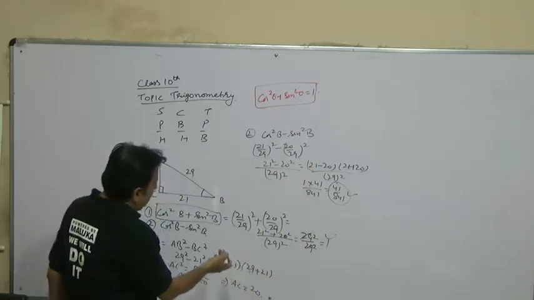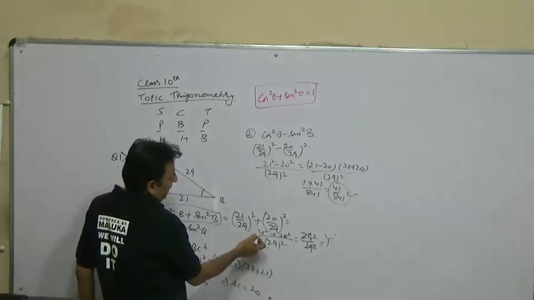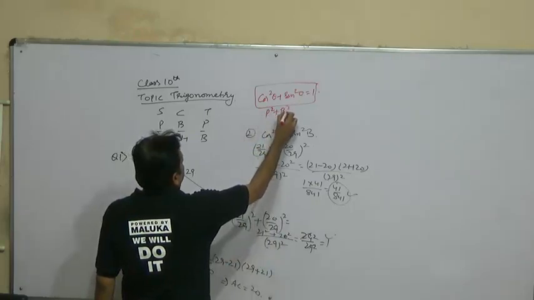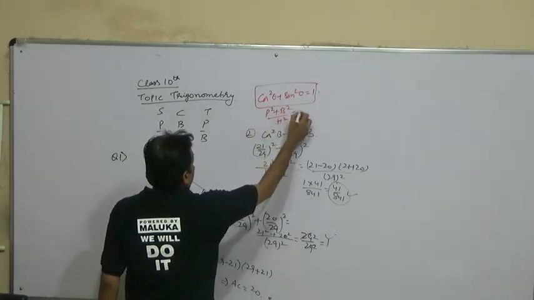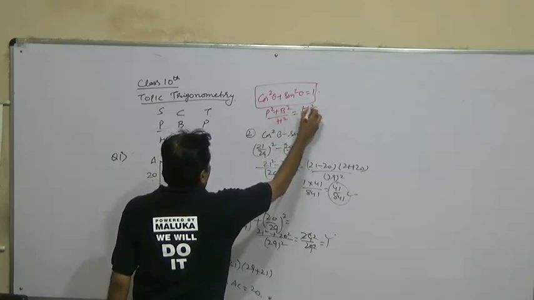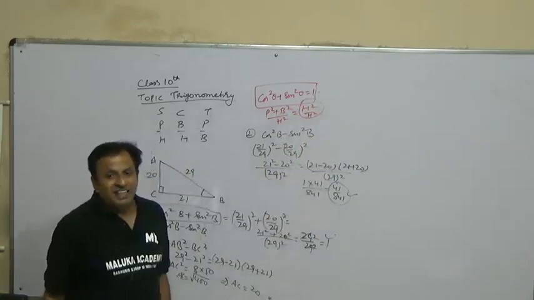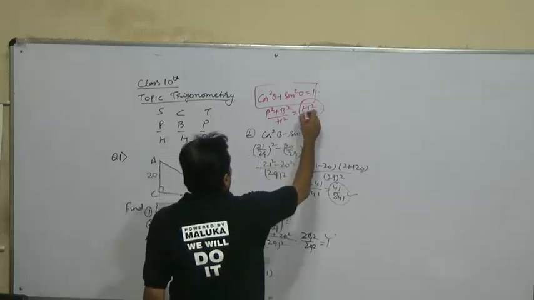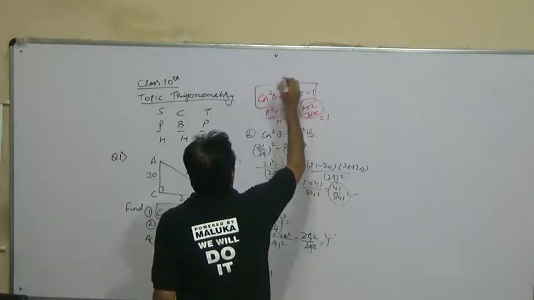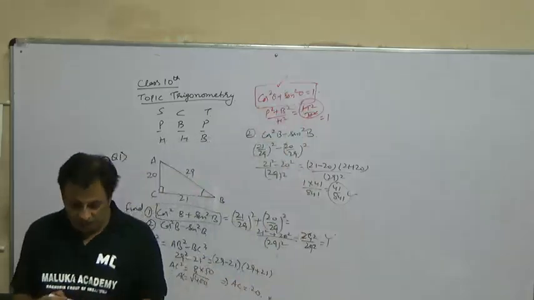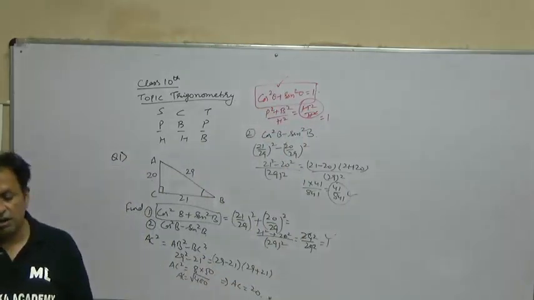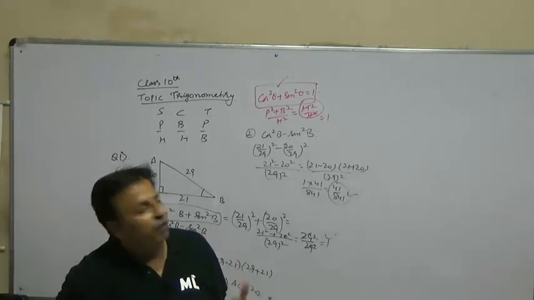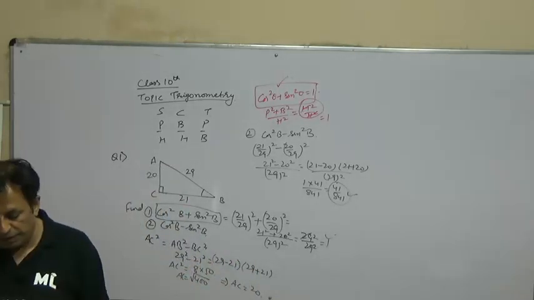As we have seen, this is your hypotenuse, this is perpendicular, this is base. So this comes out to be perpendicular square plus base square upon hypotenuse square, and this turns out to be hypotenuse square upon hypotenuse square in all the triangles, whether they are of any dimension. So this is always true and it cancels out, the result will always be 1. So just keep in mind that the result of cos square theta plus sin square theta for all the angles will be 1. Just make this a memory.